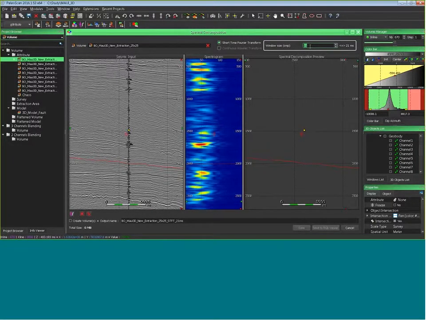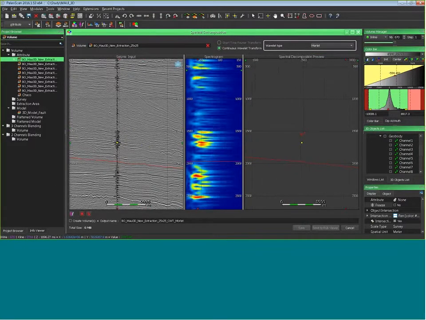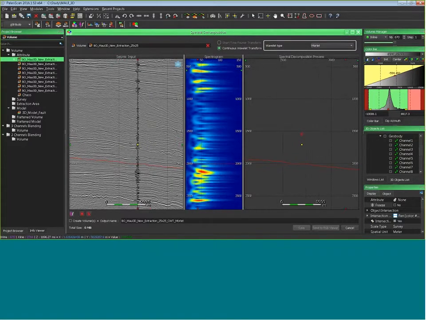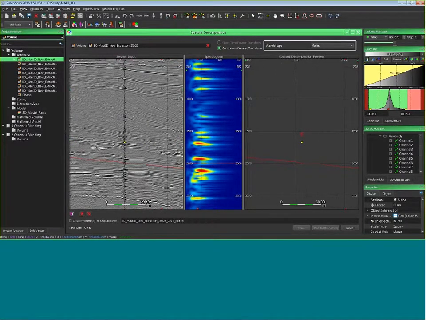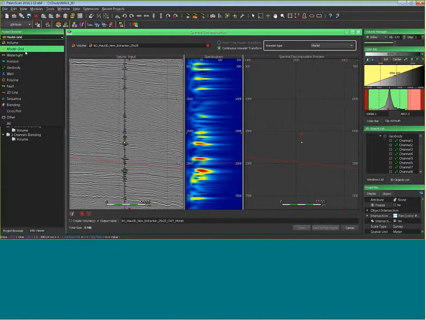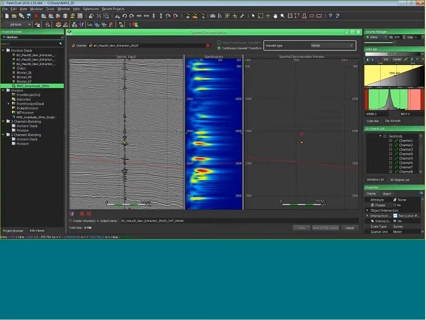The short-term Fourier transform, where you can change the window size, or using continuous wavelet with Morlet or Ricker. I will use Morlet, and then you can cross navigate to compute your spectrogram. But as you can see, this interface is based on the cross navigation.